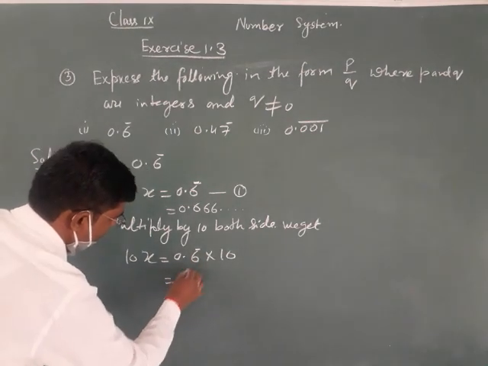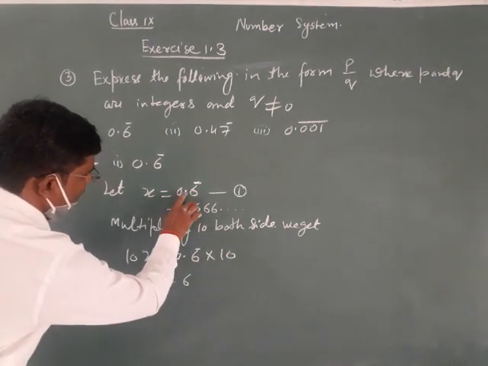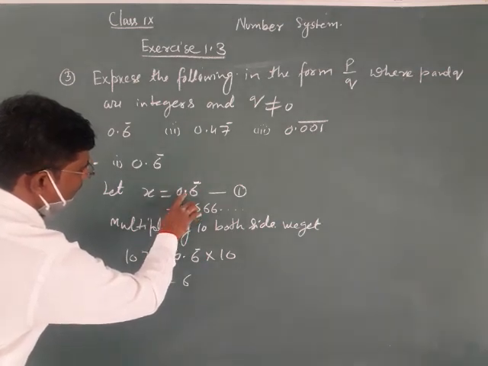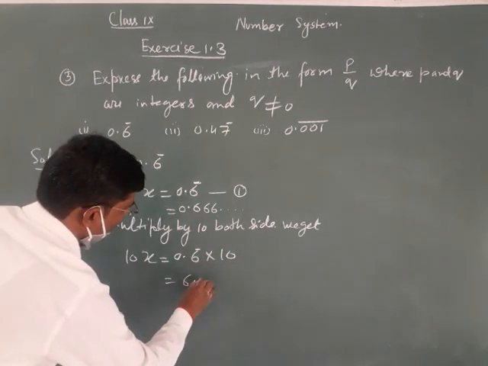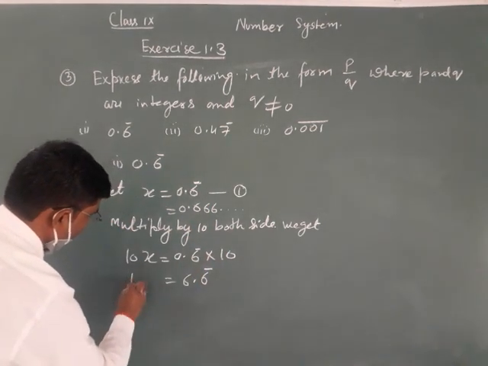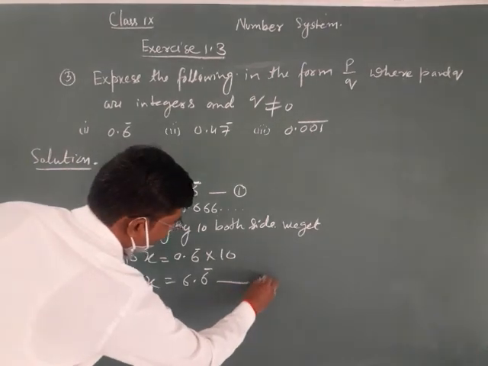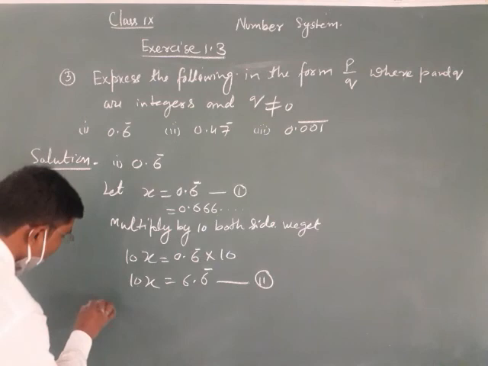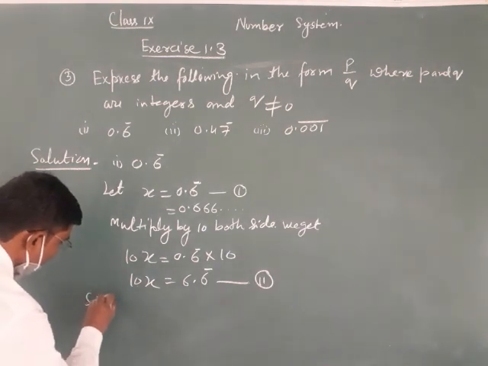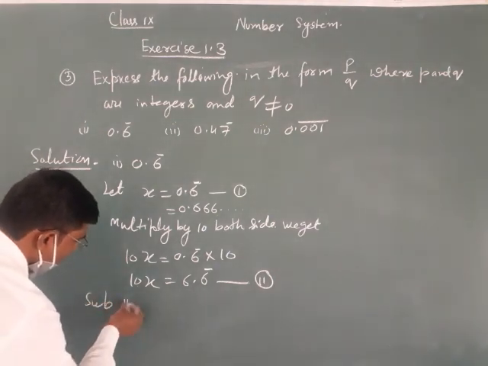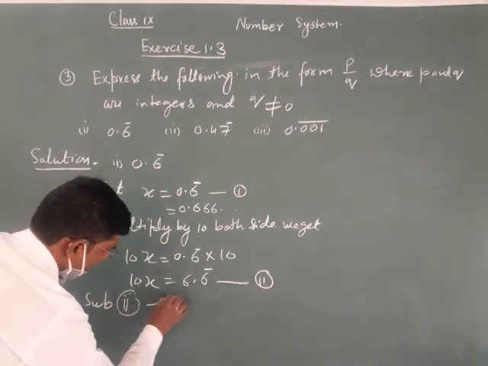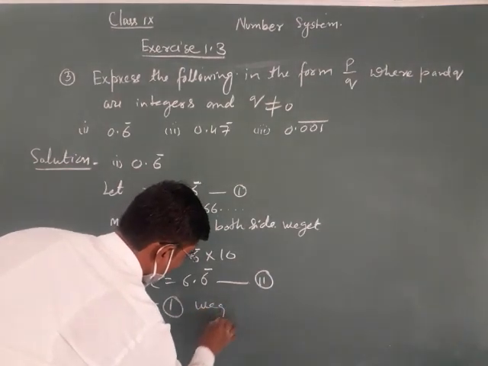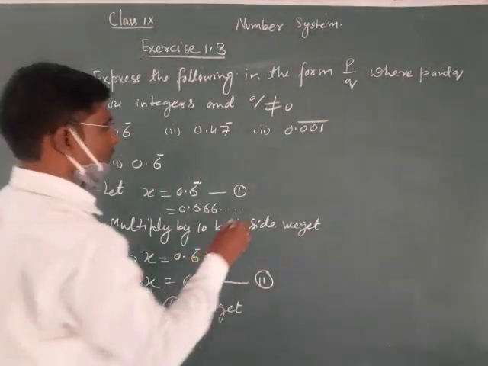So now 6 multiplied by 10, the point comes after the 6, 6.6 bar, so 10x. Now taking this as the second equation, subtract the first equation from the second equation, we get